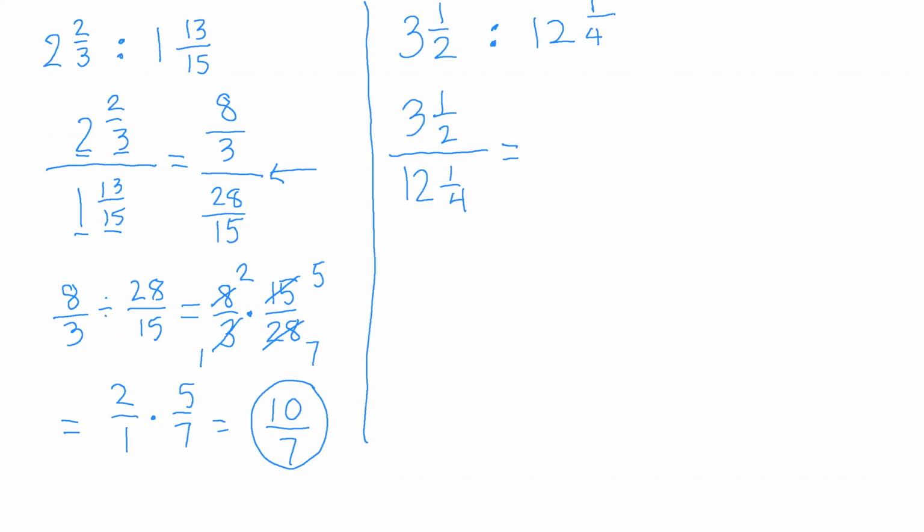So 3 1/2, I take 2 times 3, which is 6. I add 1, and I get 7/2. For the denominator, I take 4 times 12, which is 48. I add 1, which is 49. And I keep it over 4. Now, remember, this is really just division. So this is basically 7/2 divided by 49/4. Don't forget our little trick from back in Unit 2 with division. We actually multiply the first fraction by the reciprocal of